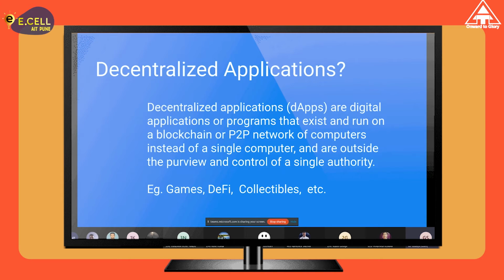For DeFi, if you're on Ethereum, you can look at Uniswap, Compound, and different protocols. There are DEXs, decentralized exchanges, lending protocols, yield farming protocols, and all those things. These are all DeFi protocols built on top of the blockchain and are basically decentralized applications.